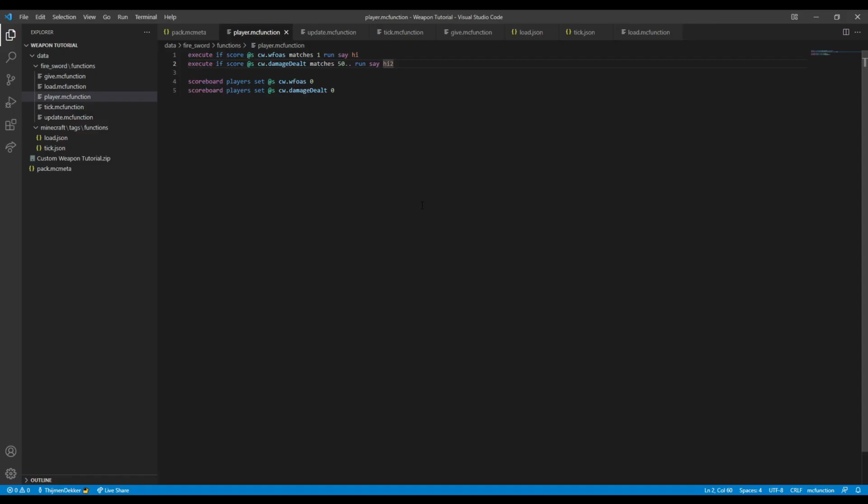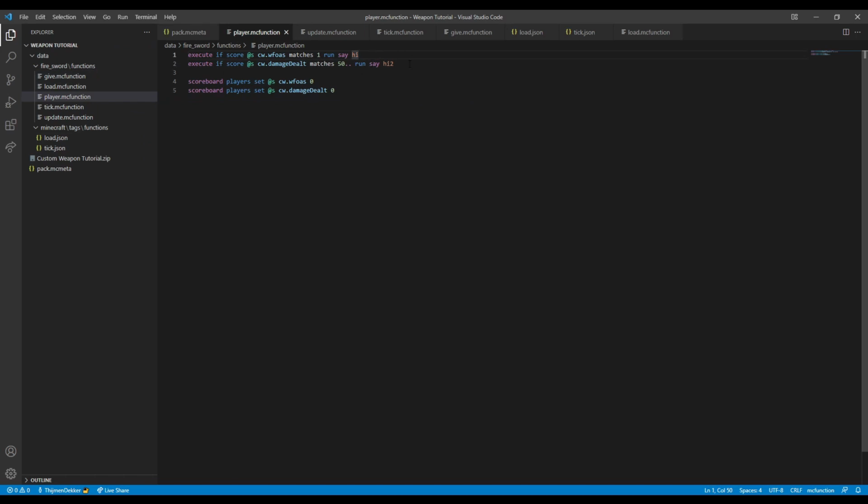Alright, because checking your inventory and checking data, that's actually slightly heavier on the game than simply checking a score. Hence, I'm going to be putting it into a score. So for that reason, I don't want to constantly be checking the item that you're holding because I don't need to be. The only times I need to check what item you're holding is when I want to do something with that information. So, whenever you're right-clicking or whenever you are attacking, both of them should do their own thing. But before any of that,